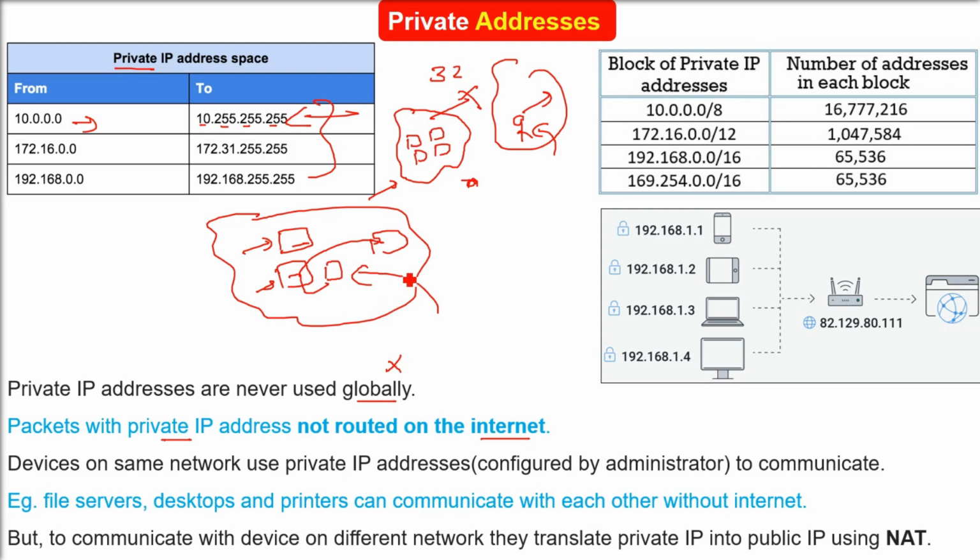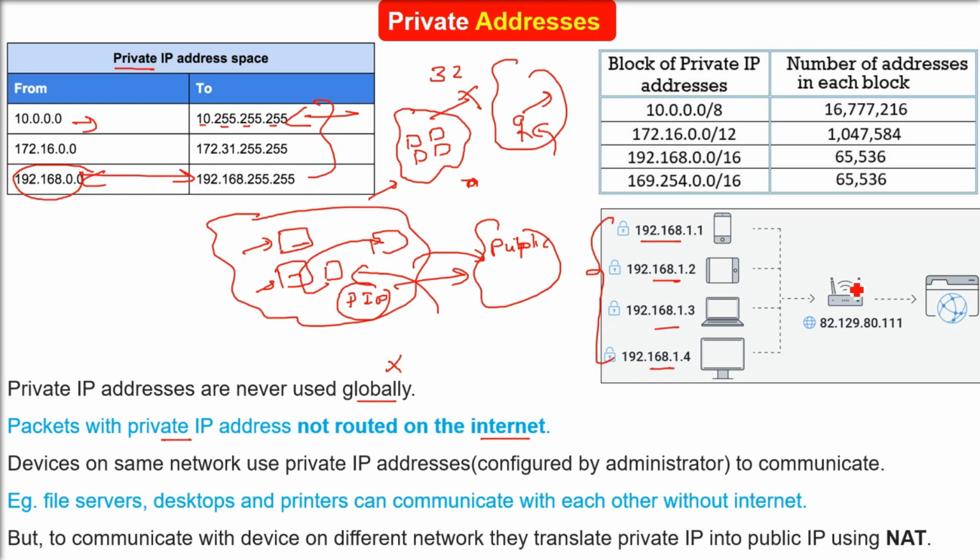In order to communicate with another network, for example the internet, what will happen? This private IP will be converted into a public IP. This is the range which I am showing you here. It has to be converted to a public IP, and that is done through NAT, which is Network Address Translation. 192.168.1.1 till 1.4, I have shown you, are four computers, tablets, all the computing devices. Now when it has to go to the internet or to another network, it has to be converted to some